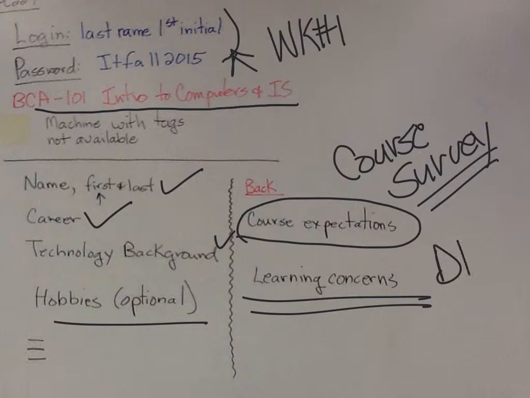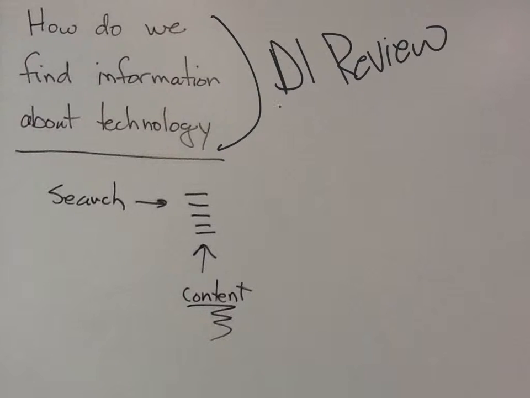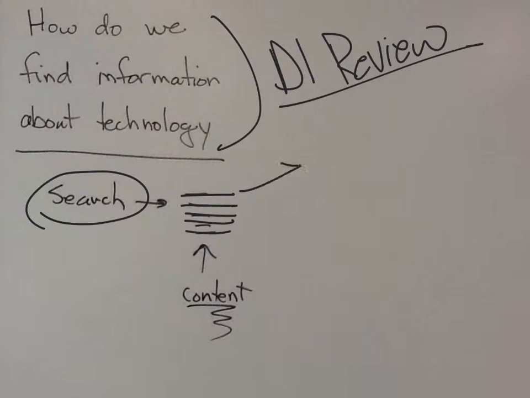Okay? Day 1 review talks about these specifics. This is also a day 1 review topic. So there is a video on that that talks about the specifics. The important thing is we use search. Search finds us all these sources, and then we look at the source and see what kind of information is there. Okay? And our search engine, whichever one we're using, typically lists these in some particular order,